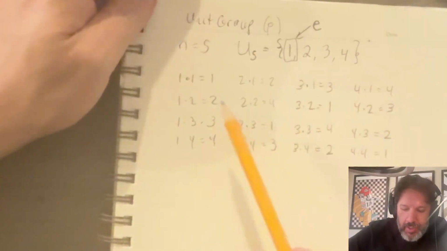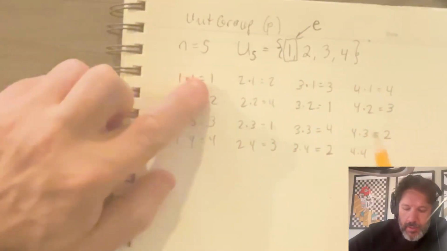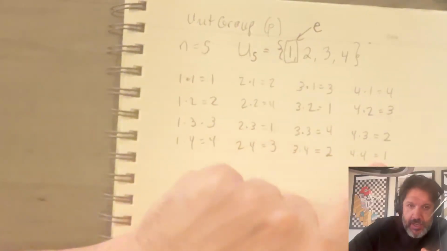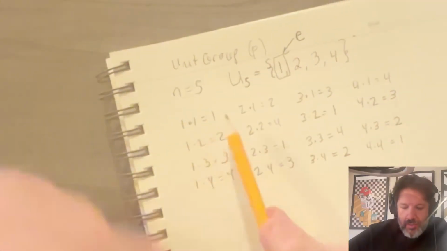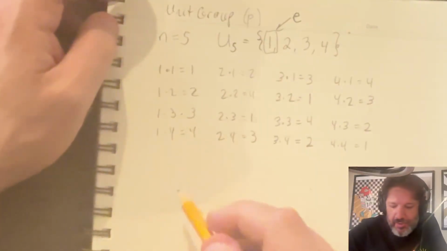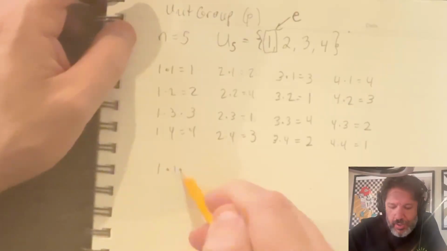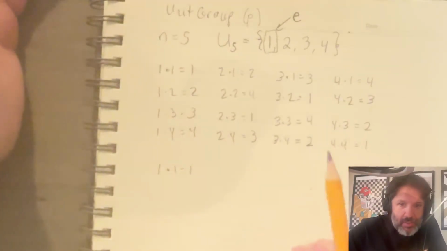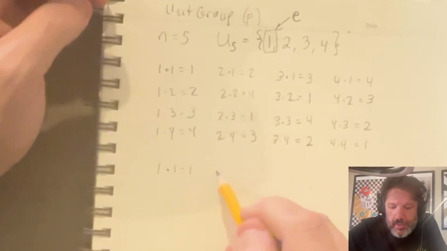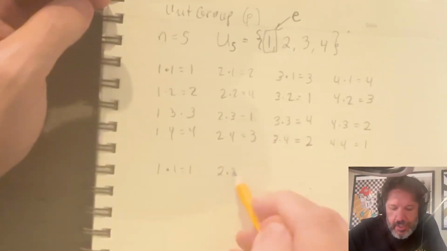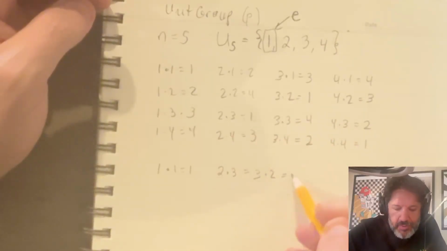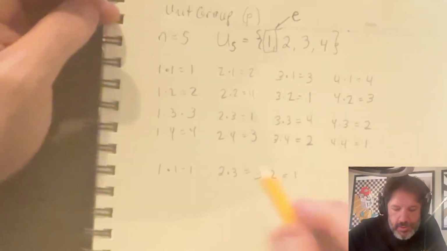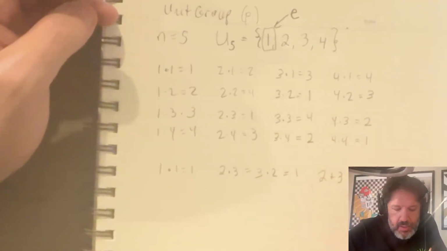And so you can see in every row, there is an answer 1. 1 is a very unique number because it's a unit unto itself. It's its own unit, right? 1 times 1 equals 1. So 1 is a unit with itself. Then I have 2 times 3, and I have 3 times 2, and both of those equal 1. So 2 and 3 are units,